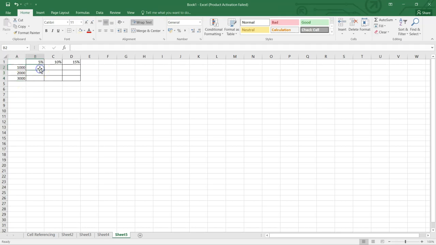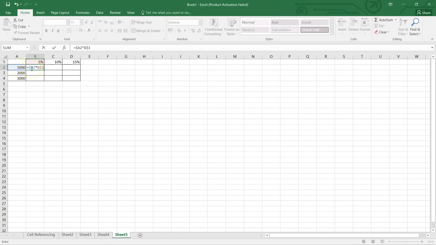Now let's apply a formula over here. I'll write equals, and I want to keep this 1000 fixed, right? That means my column fixed. So what I'm going to do, I'll press Shift A, and 2 can change obviously because it is a row for me right now. I've given A2. I'll multiply this value with B dollar, the next value. Here, let's say it is B1 because it is in row 1. So what is going to happen? It will find 5% of this 1000.